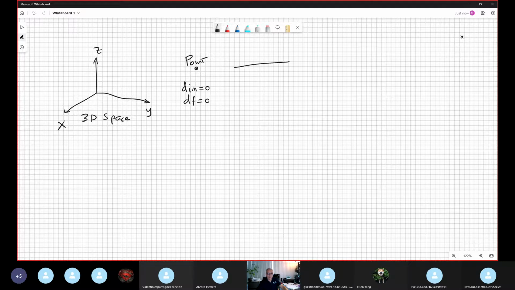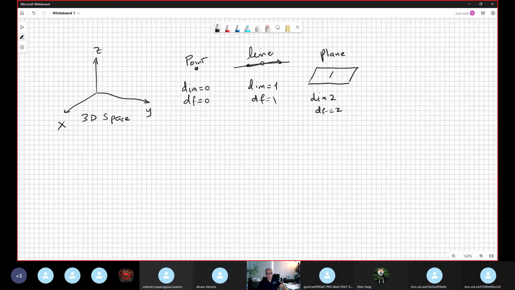After we study line, one line the dimension is 1. Because we have only one dimension, no? In this direction or in this direction. We have no other direction. Plane. Plane has dimension 2 because we have degree of freedom 2, no? This is degree of freedom 1. Because we were moving in that direction or in this direction or in this direction. So